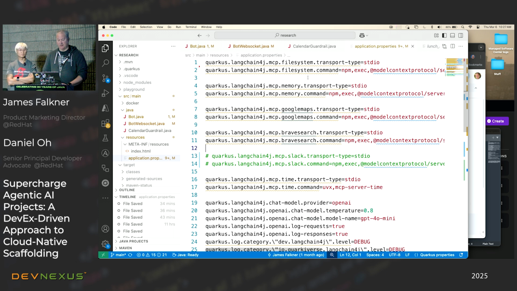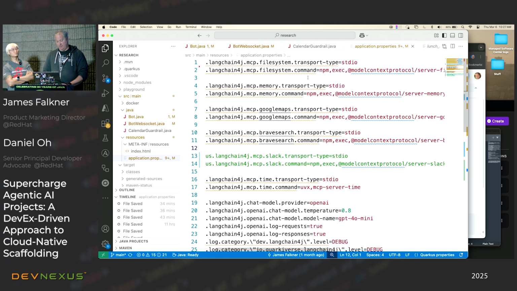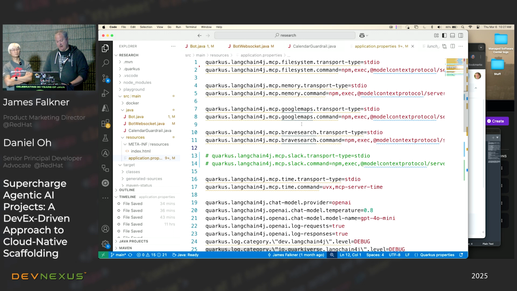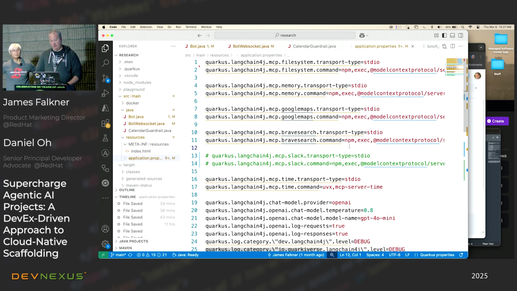Actually, there's 3 lines. There's an API key that you need to add for certain services, things like Brave search. So we have a declaration here of the transport type, which would be standard IO, and then we have a command to start up the Brave search MCP server. So this is running locally, or will be running locally as soon as I start the application. You can also deploy MCP servers remotely on clusters in Kubernetes and then connect to it through HTTP or HTTPS